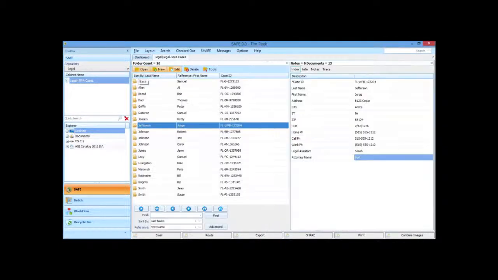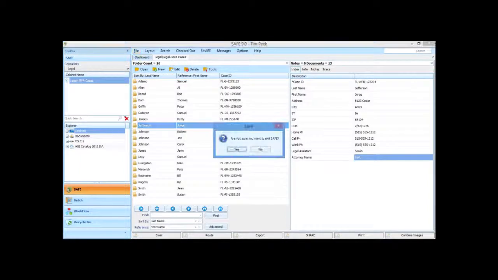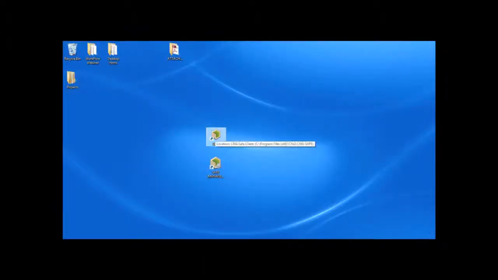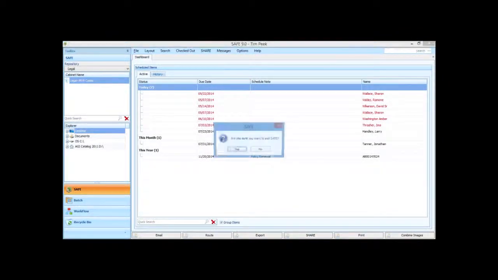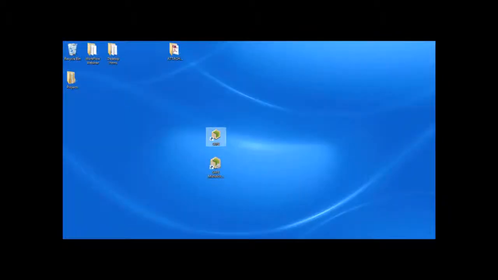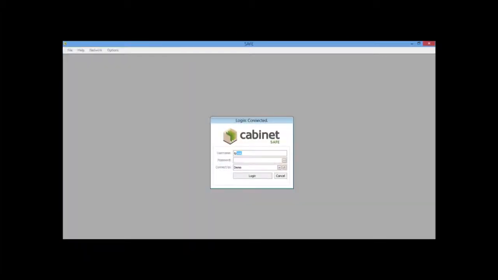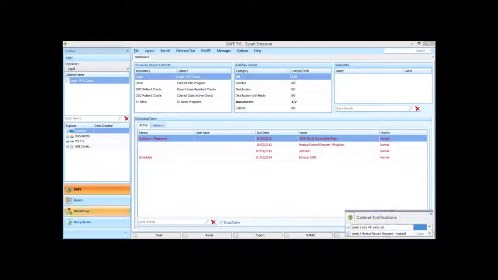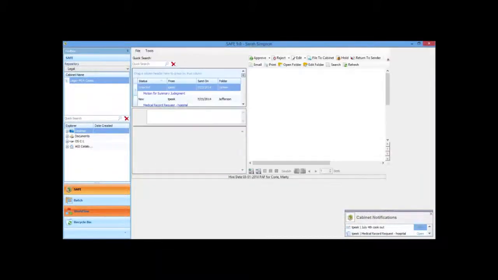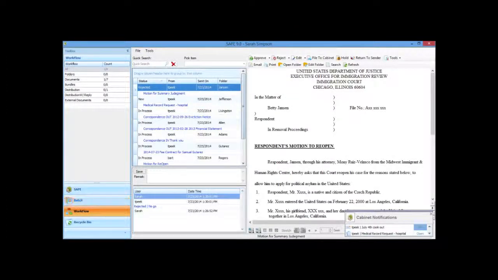So now this folder, keep in mind it had Sarah listed. So that medical record request should have gone to Sarah. So once again, we'll log in as Sarah. I'll log in as Sarah. And we're going to look in her workflow to see if she has the medical record request,